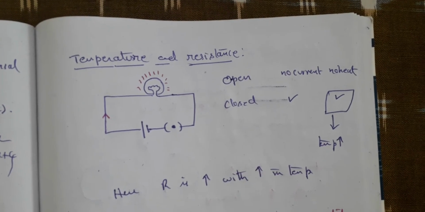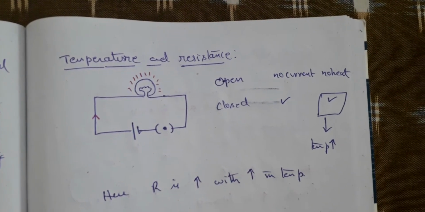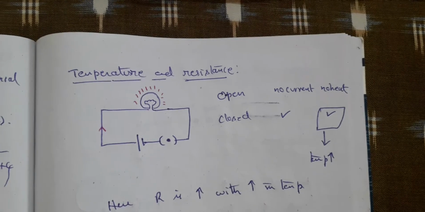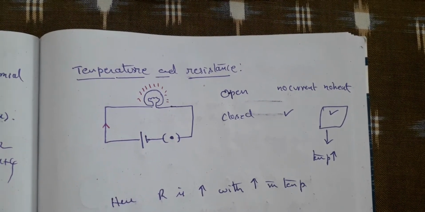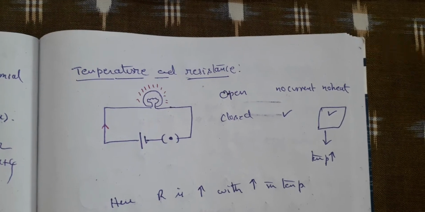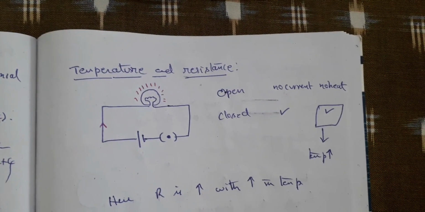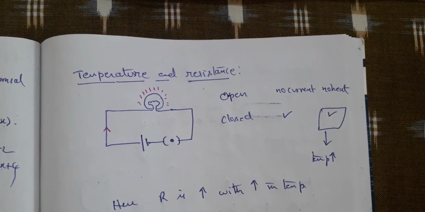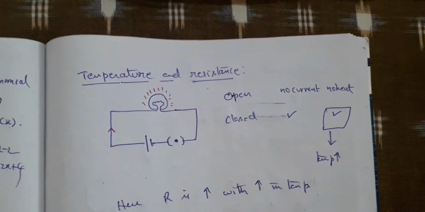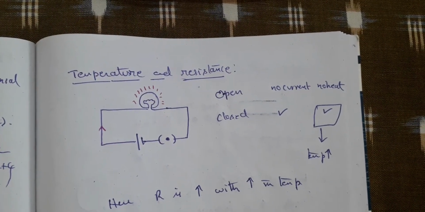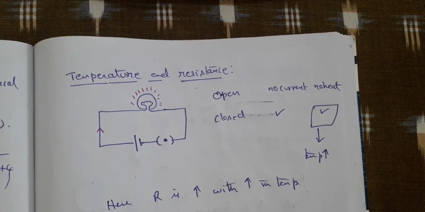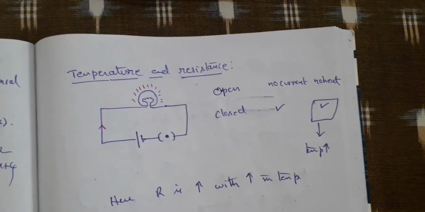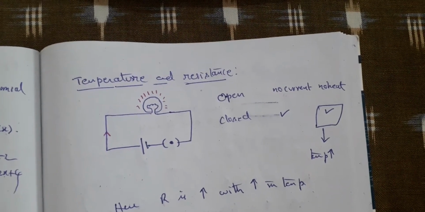In your textbook, an activity is given for temperature and resistance. In the activity, they said that first we take an open circuit with a bulb connected. That means there is no battery connected to it. At that time, check the resistance with the multimeter between the two terminals of the bulb. That means whatever wire is inside the bulb, the filament wire, offers some resistance. Note down the resistance without a battery in the connection.